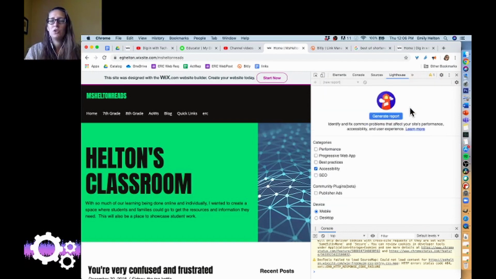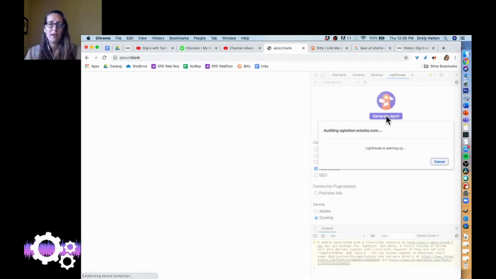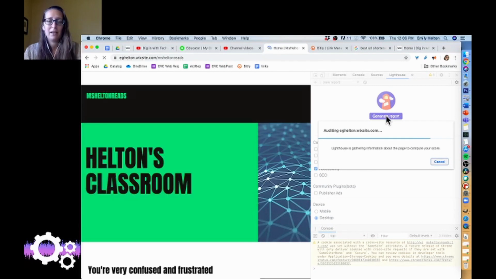Okay, and so in the Lighthouse, when I first opened this, all of these were checked. I only wanted to look at accessibility, and so that's what I left checked. And then you can choose whether you want to assess the mobile device for your site or the desktop device. I built this site with Wix, so it automatically has both a desktop and a mobile site that are kind of generated at the same time as each other. When you click on Generate Report, it takes a minute to go through the page and audit it, but it's